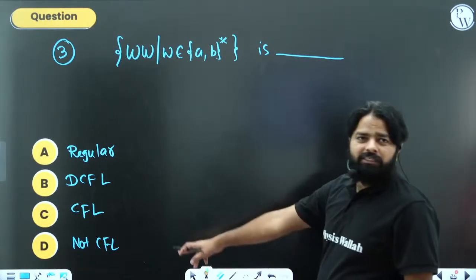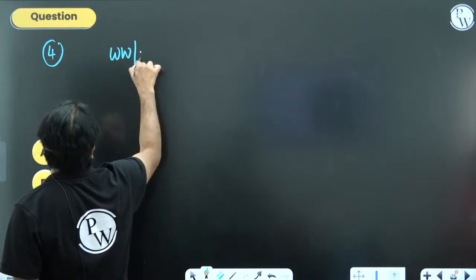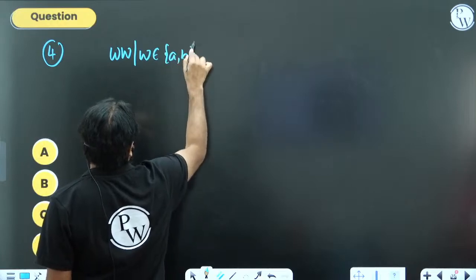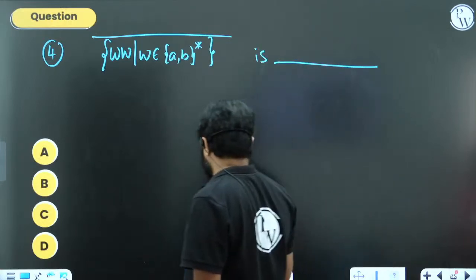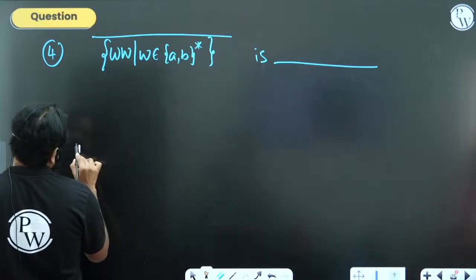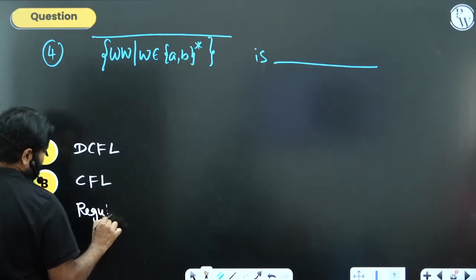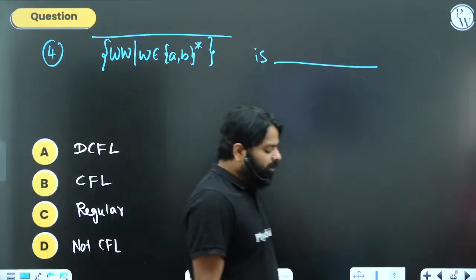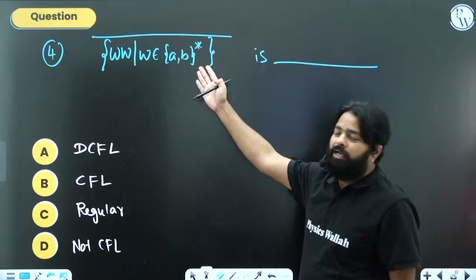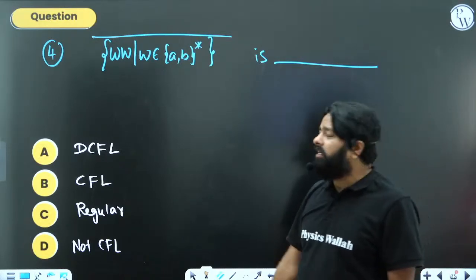ठीक है, क्या है, नॉट CFL है। और इनकी कॉम्प्लीमेंट जो है बिल्कुल डिफरेंट है आंसर। WW is dash, DCFL, CFL, रेगुलर, नॉट CFL, ये होगा CFL। जो WW^R का कॉम्प्लीमेंट जो है, उनकी रिलेशन है ये भी। यार WW पॉसिबल नहीं है, बट उनकी कॉम्प्लीमेंट जो है नॉन डिटर्मिनिस्टिकली पीडीए डिजाइन कर सकते हैं। यार इसको कोशिश भी मत